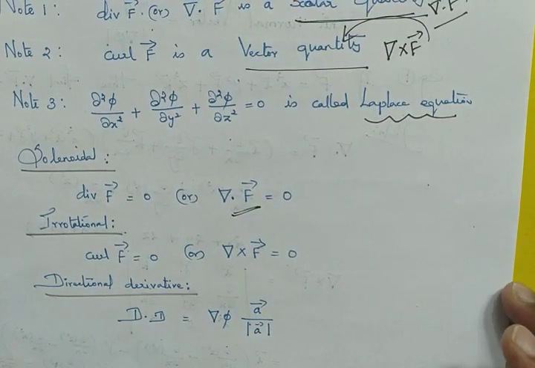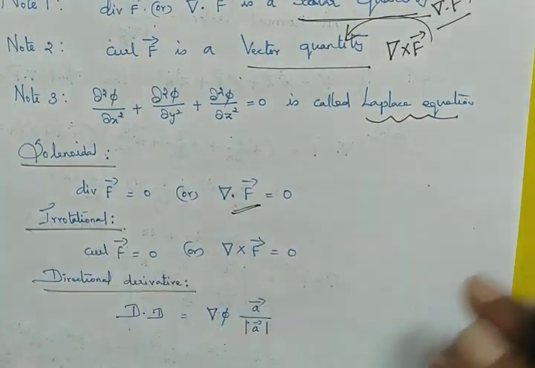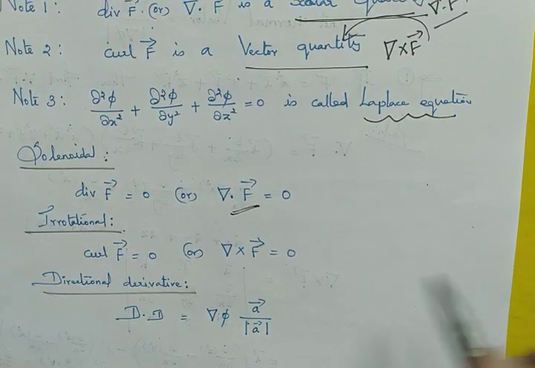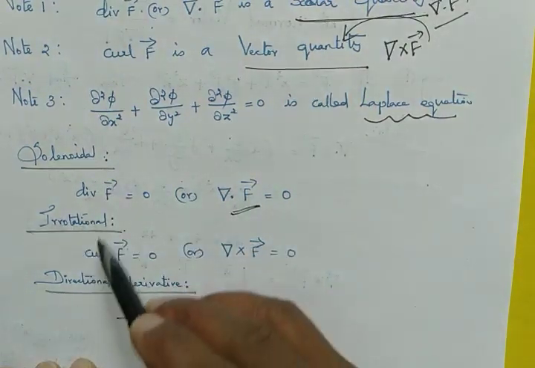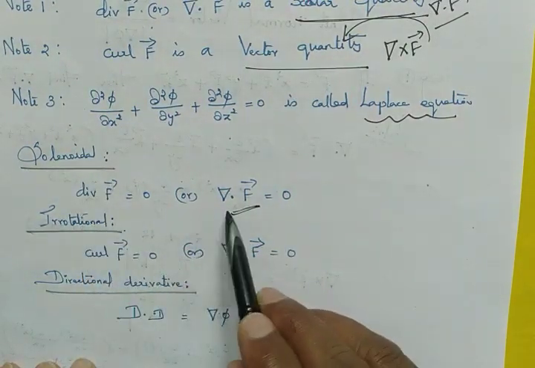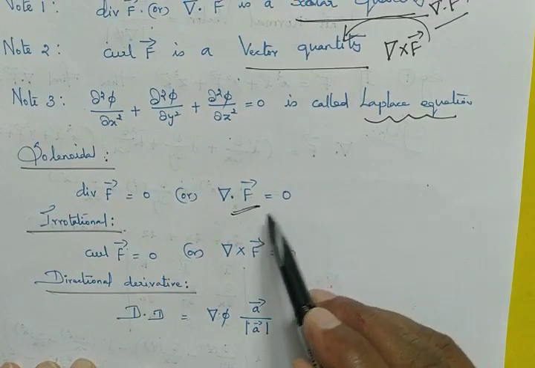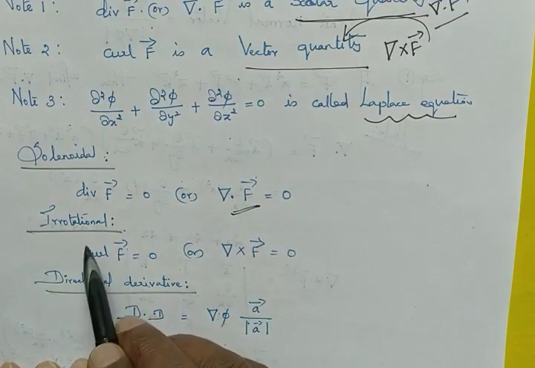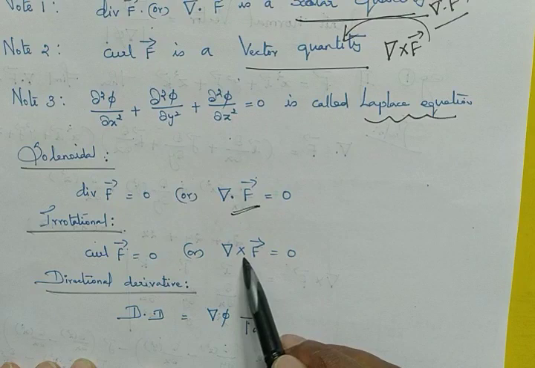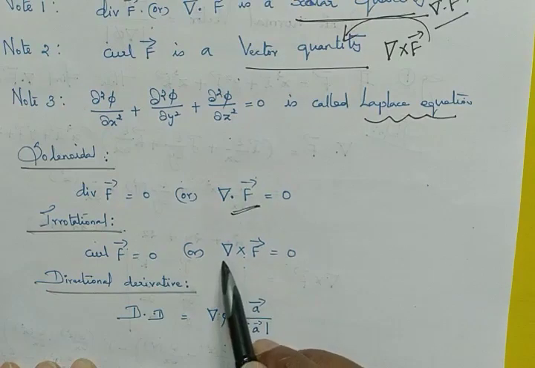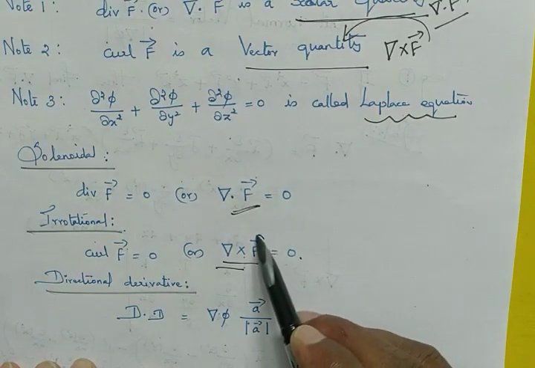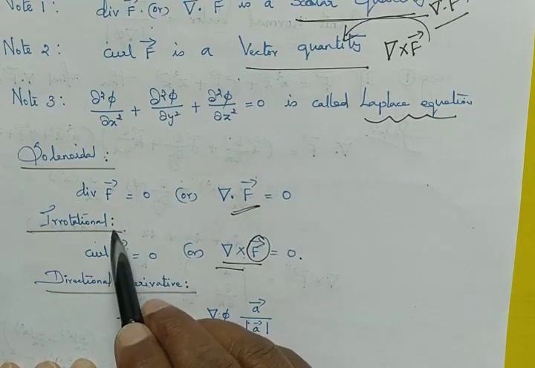In competitive exams, a few questions mostly come from this part. One or two questions you can see in any old question paper based on solenoidal and irrotational. Do remember this. Solenoidal means del dot f vector equals 0. Irrotational means del cross f vector; when this value comes 0, you can say the given vector is an irrotational vector.